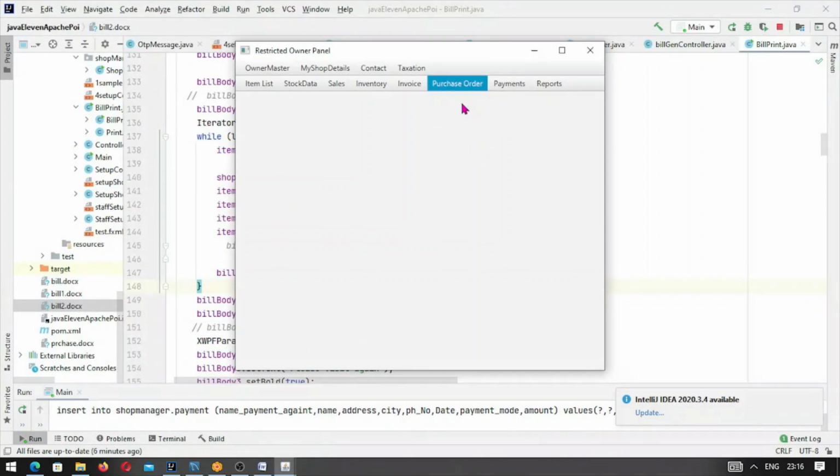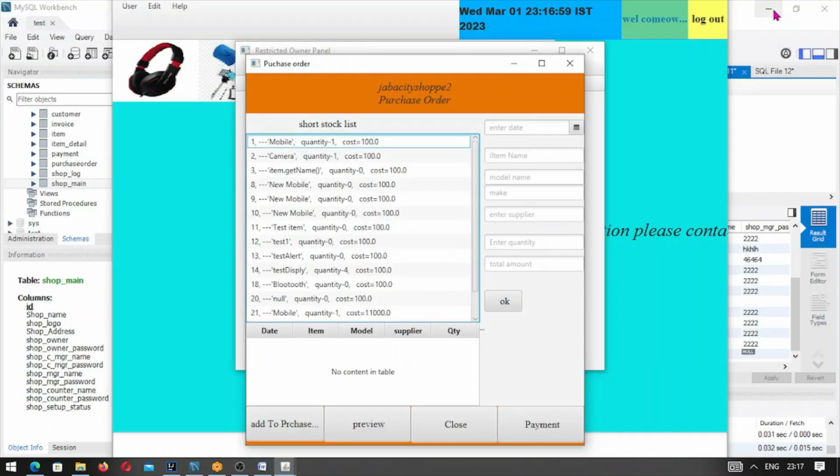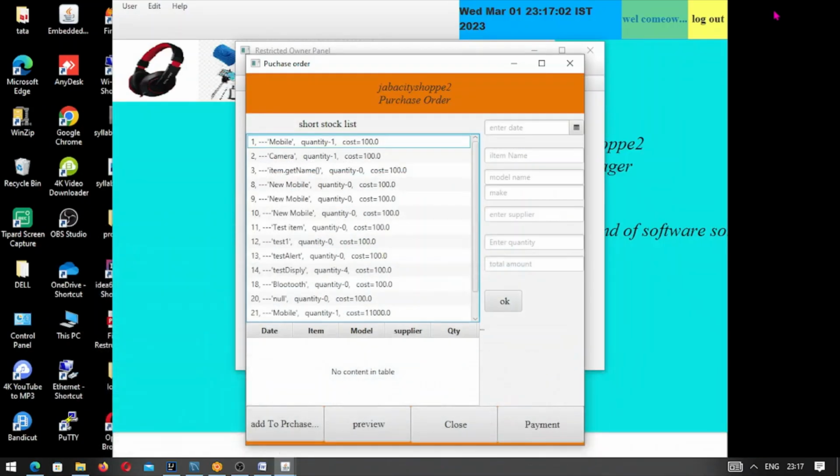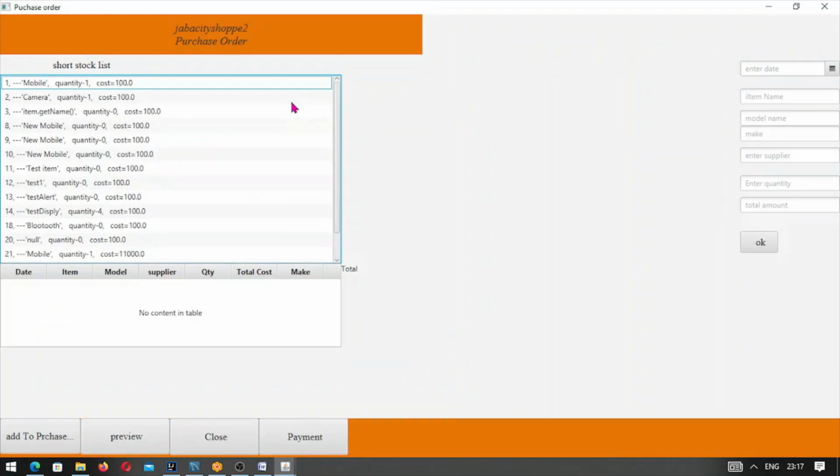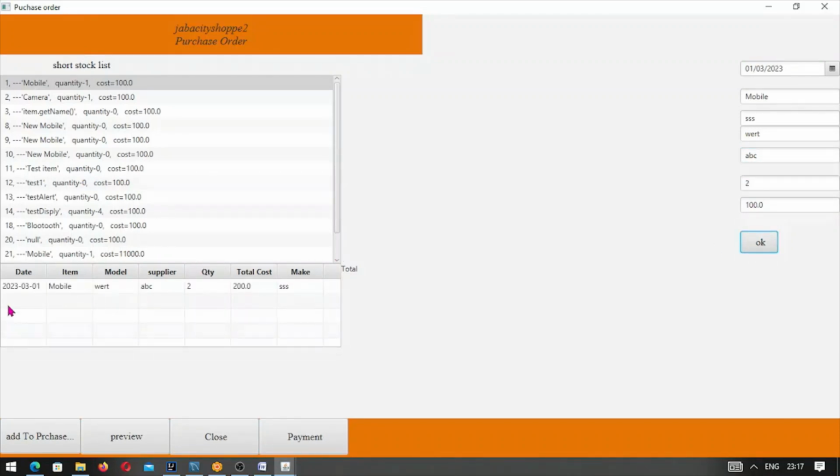Suppose we want to generate a purchase order, you can generate a purchase order like this. A purchase order is for placing an order to purchase an item from somewhere else. Suppose we want to purchase a mobile, so you have to select it, add to purchase items, and you can see the mobile item has been selected here, and you have to submit a date and mobile name. Suppose this is SS, and make is WERT. Supplier is, suppose, ABC, and quantity is, say, 2,